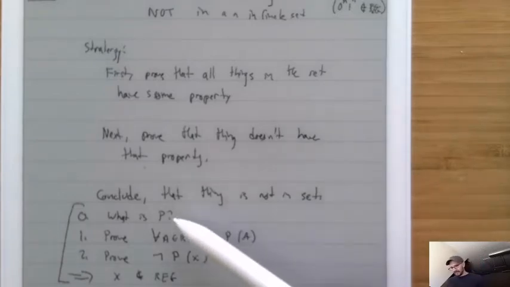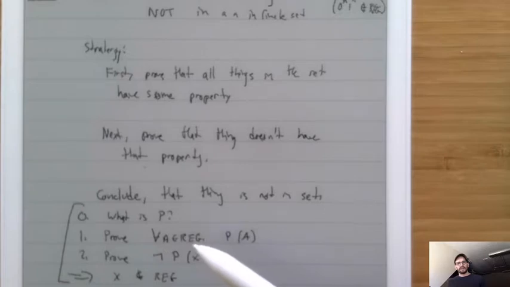We're going to discuss what property is true of all regular languages. Then we're actually going to prove that. Then we're going to show that a particular language doesn't have that property. And if we know that it really is a language and it doesn't have that property, then that means that it must not be a regular language. So that's the goal.